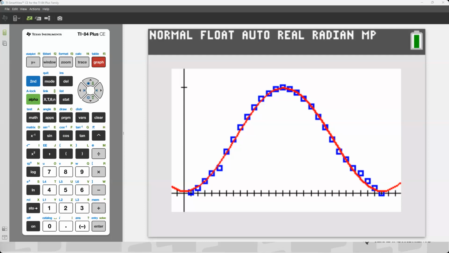Now, one of the things that I've noticed a lot of people talking about in the AP Facebook group is this idea of a residual. It might or might not be something new to us to do a residual. And while you might not necessarily do regressions with sine functions for AP, I think just talking about residuals again and again and again is a good strategy so that students continue to know what they're looking for and they feel comfortable. So if we want to see the residual for this, we can go into STAT.